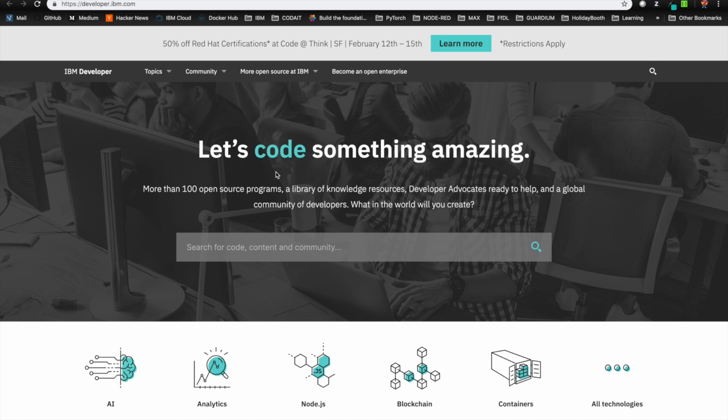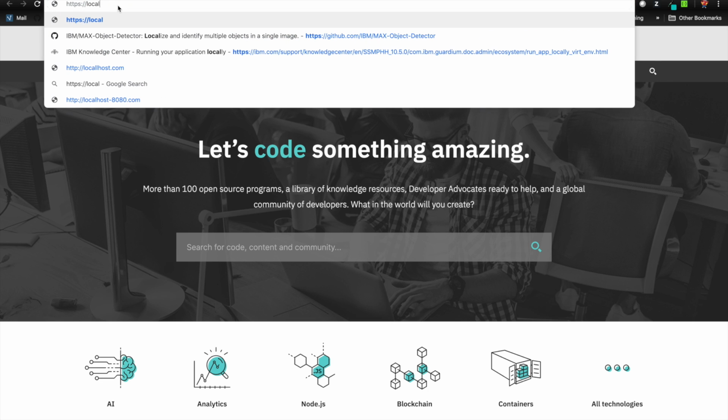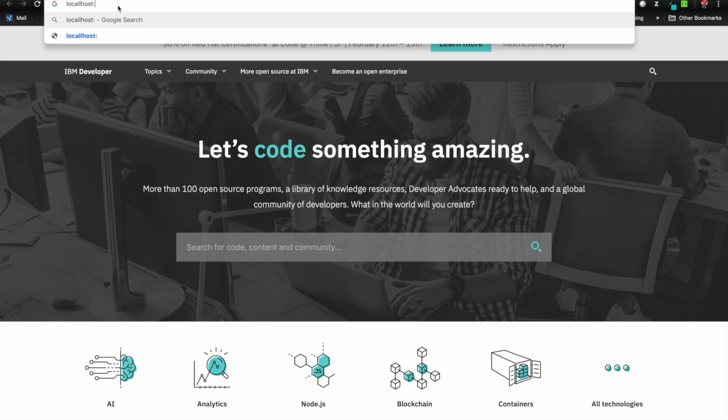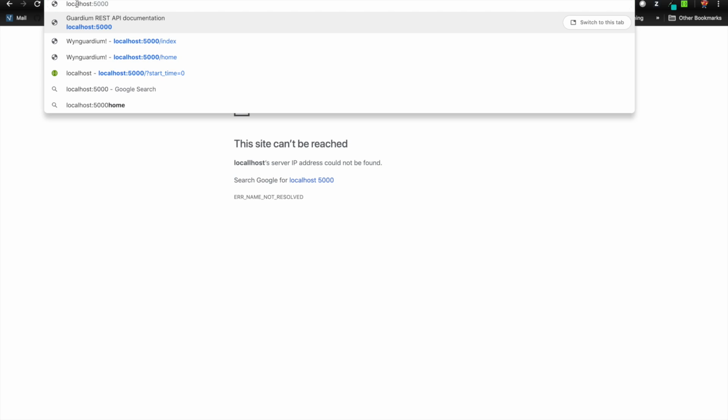Okay, one more thing. I do want to mention a bonus app that we were able to create. We found that Guardium didn't really have a super active developer community. There were some holes in the documentation, a couple errors that tripped us up along the way. So we wanted to leave the developer ecosystem in a better place than where we found it. And if I can just type the URL correctly,